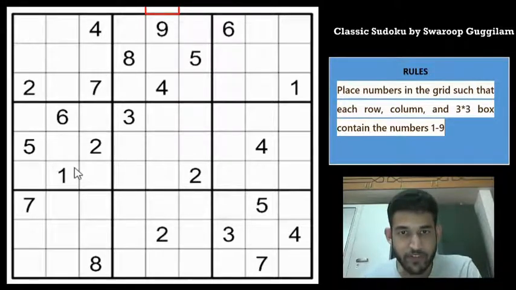So let us start solving this Sudoku now. As you can see, it has a very pretty theme: 1, 2, 3, 4, 5, 6, and then 7 is coming here, and then we have a 5, 6, 7, 8, 9. And then the author has used some more givens to force a unique solution. So let us start solving.